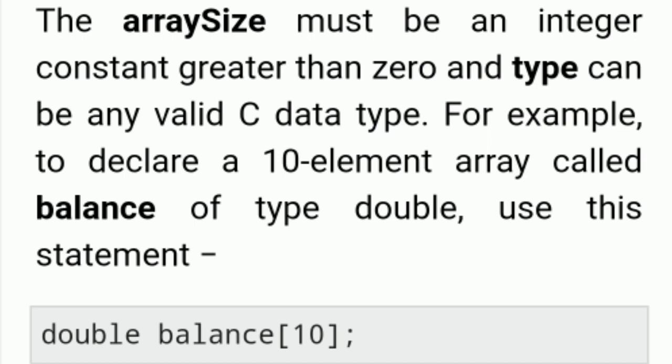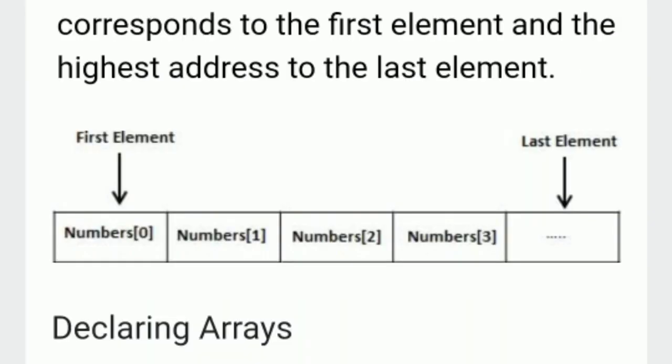In case of initialization of arrays, you can initialize an array in C either one by one or using a single statement as follows. We can give any elements. double balance[5] = {1000.0, 2.0, 3.4, 7.0, 50.0};